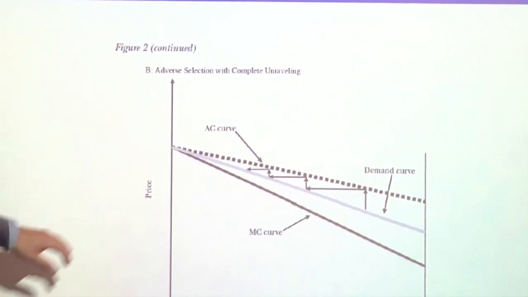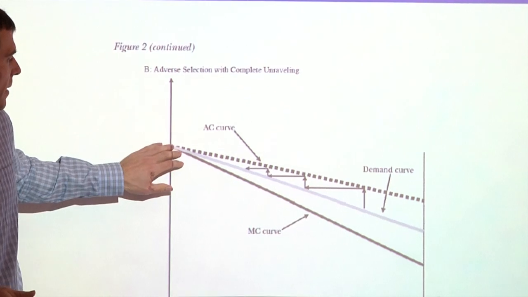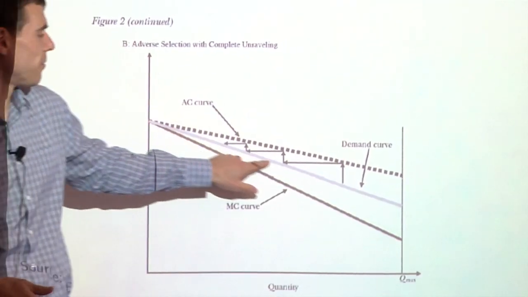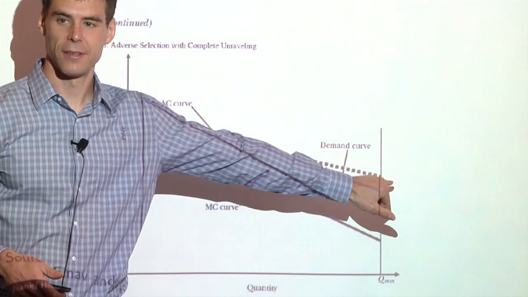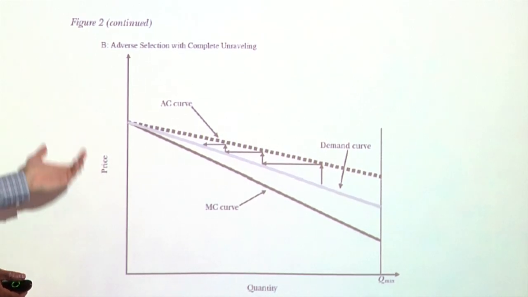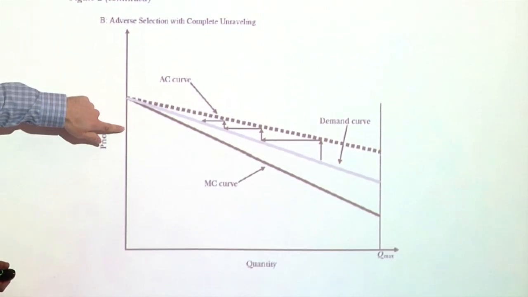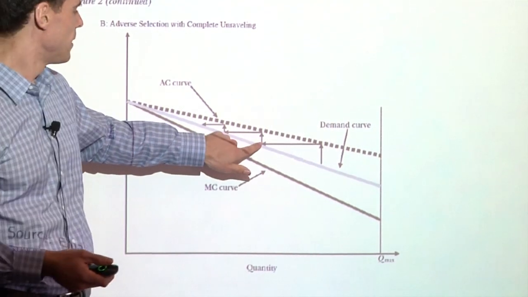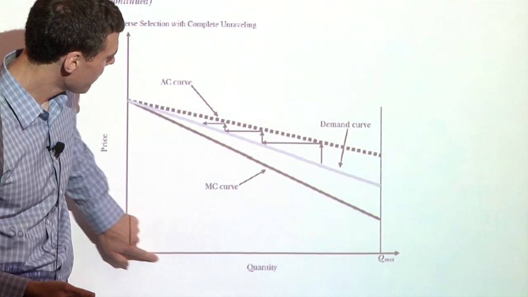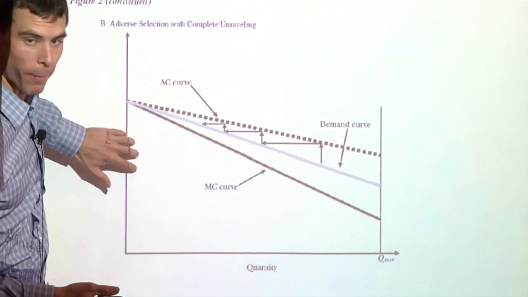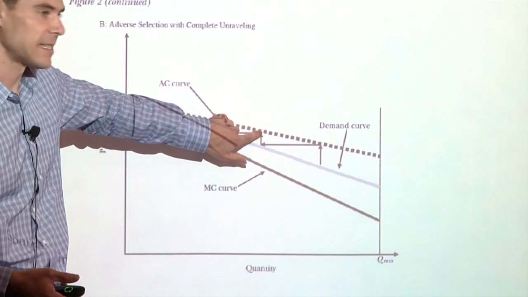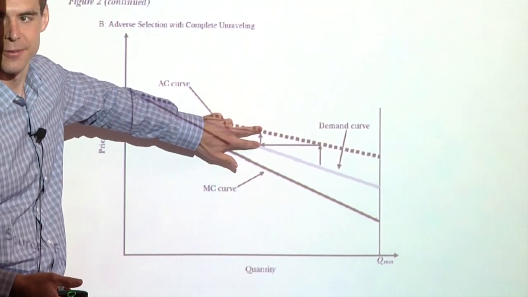Let's draw now, instead of the demand curve being above the average cost curve, let's put the demand curve below the average cost curve. Now let's imagine we tried to charge a price here. We go across here, and these people are willing to take this policy. Everybody to this side is willing to buy this policy. Unfortunately, the average cost of insuring those guys is this. So there's a loss to the insurance company of this size.